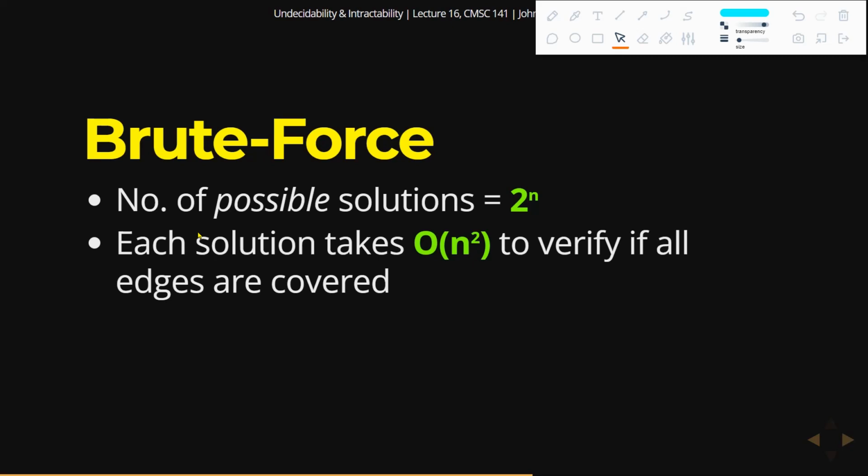Each solution also takes O of n squared to verify if all edges are covered, because if there are O of n squared edges in the graph, then you have to check if each edge is covered by one of the vertices in your set. So 2 raised to n to generate and check all solutions, and then n squared to verify if each solution is valid, the total running time is 2 raised to n times n squared. So it's even worse than just exponential, because for exponential this is 2 raised to n, and then it has the extra n squared factor. So that is the problem of Alice in